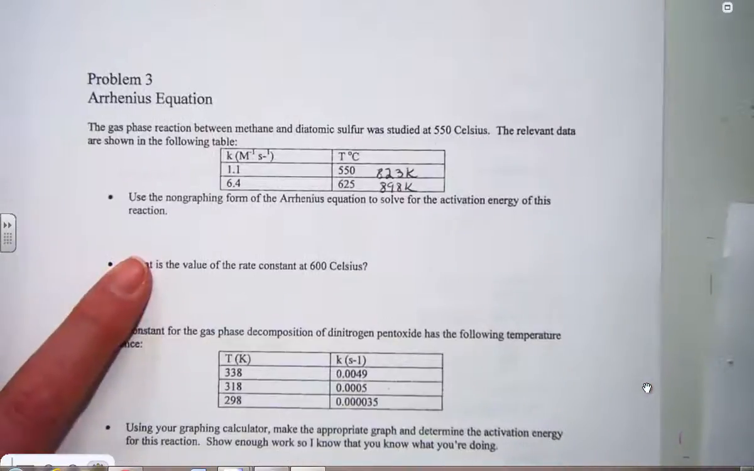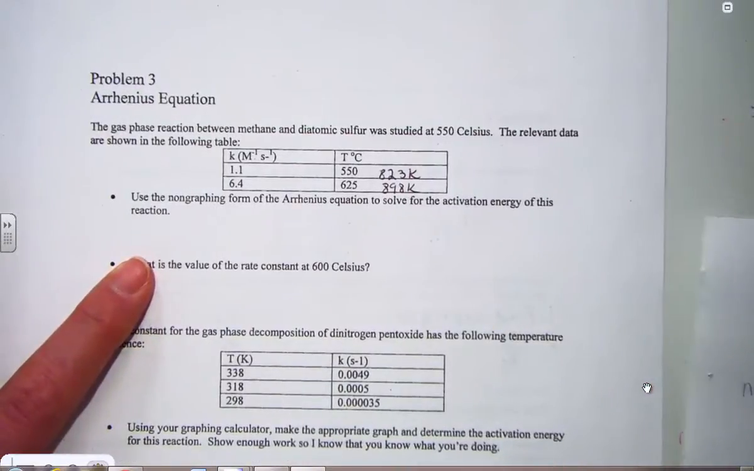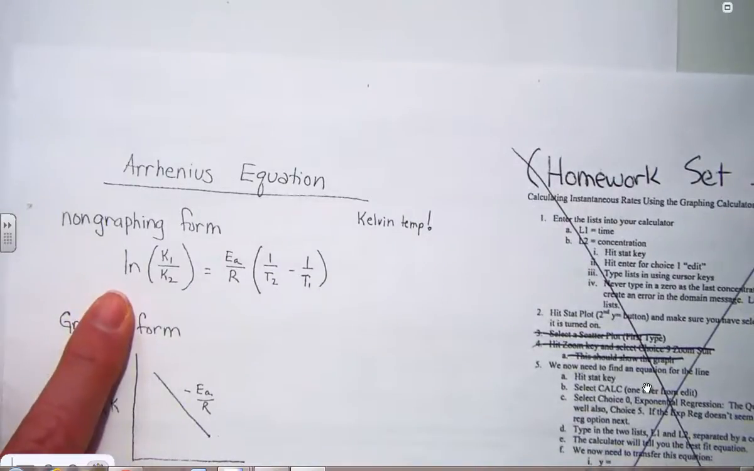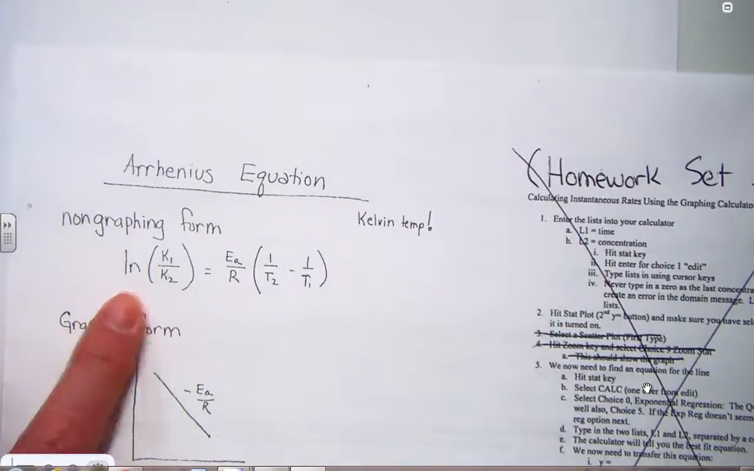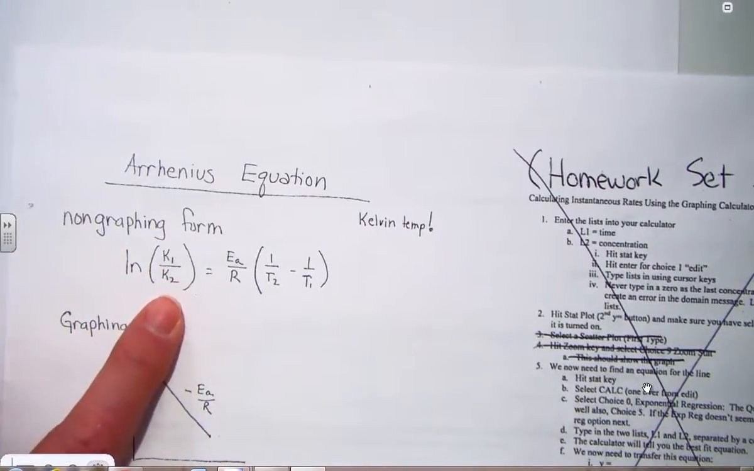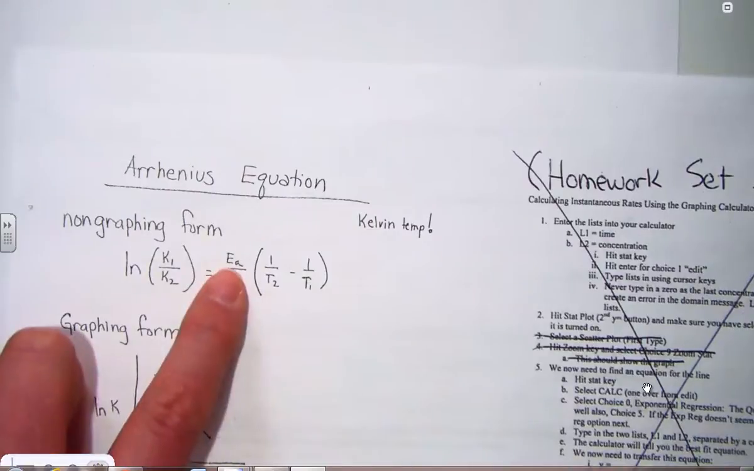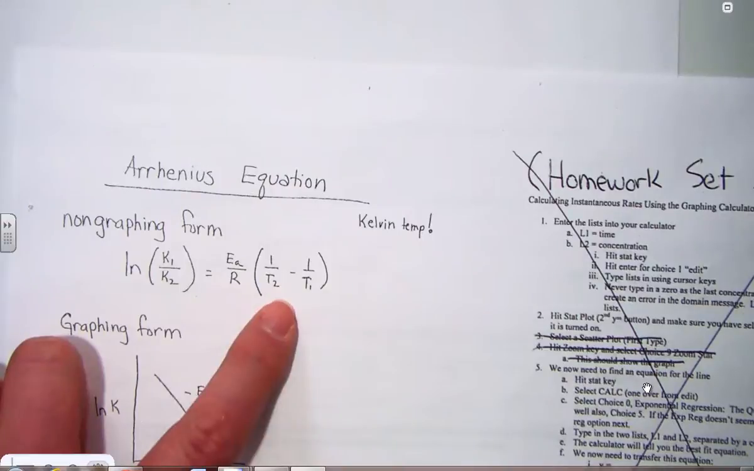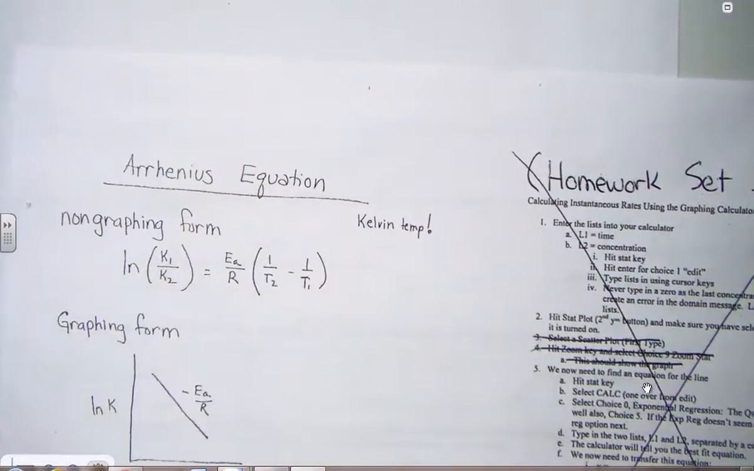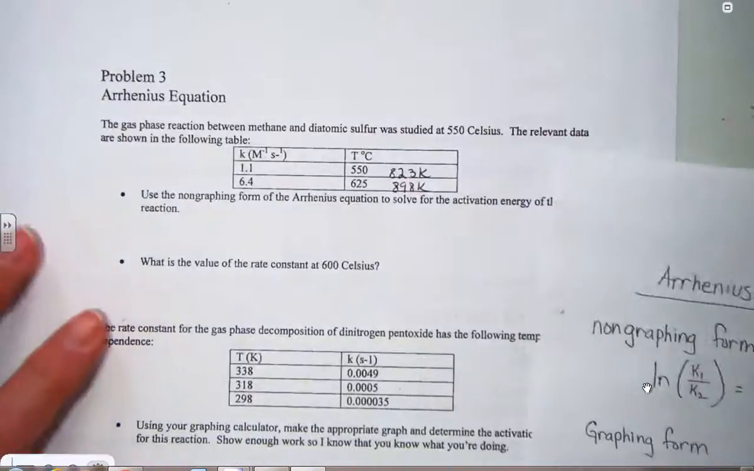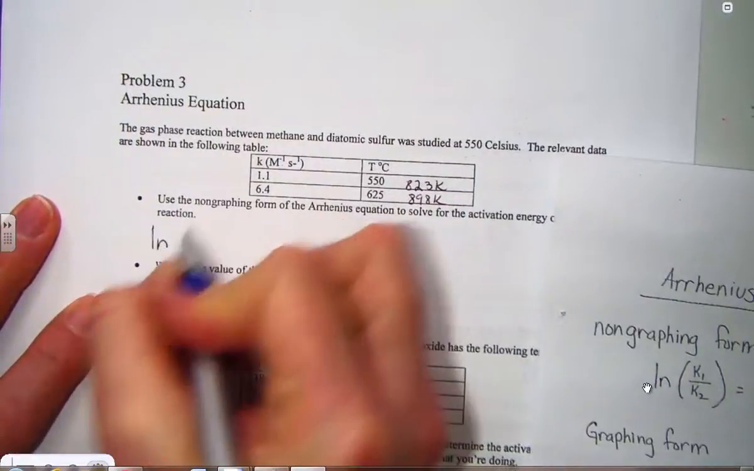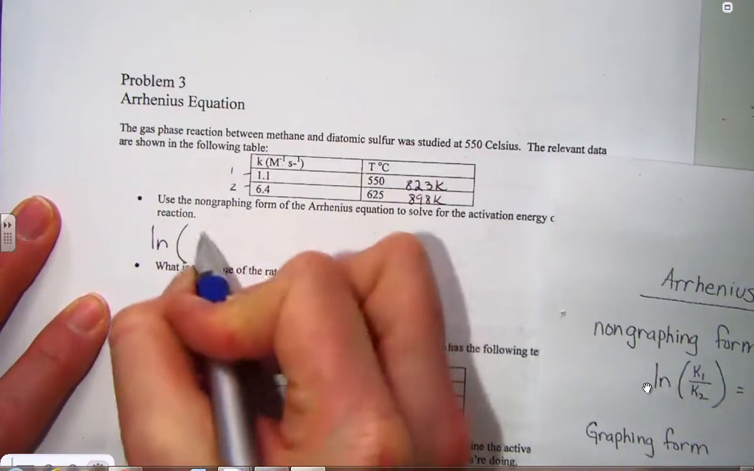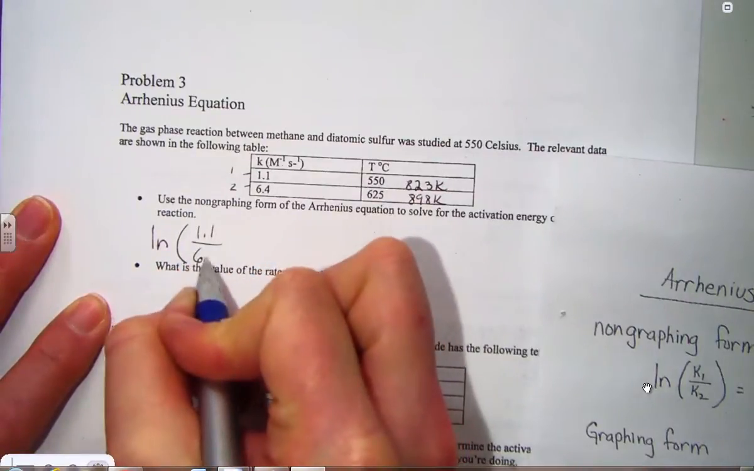Alrighty. Using the non-graphing form of the Arrhenius equation, solve for the activation energy. Well, the non-graphing form is given to us as the natural log of the ratio of rate constant 1 over rate constant 2 set equal to the activation energy over R, our gas constant 8.31, times the reciprocal difference of our Kelvin temperatures. Setting that into it, we have the natural log, let's call this K1, let's call that K2, of the reciprocal of 1.1 over 6.4, the ratio,